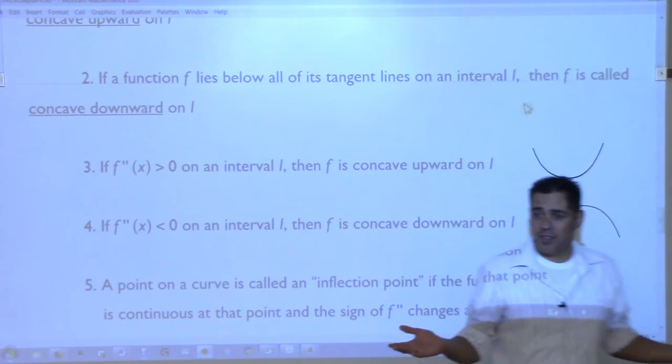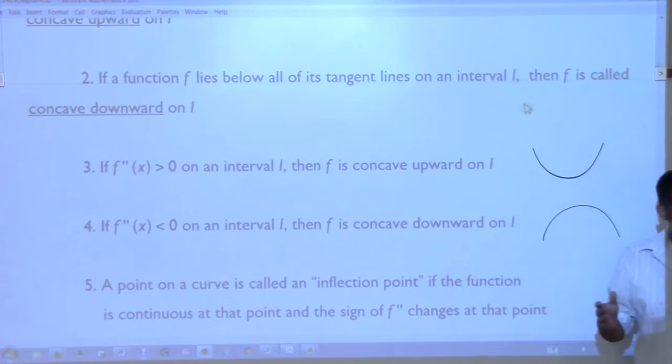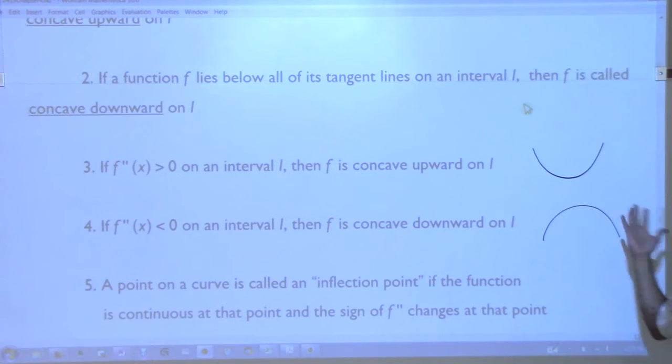So that's it. That's what the second derivative tells us. It just gives us a little bit more in terms of the shape of the graph. Now, anywhere where we have a change in concavity,